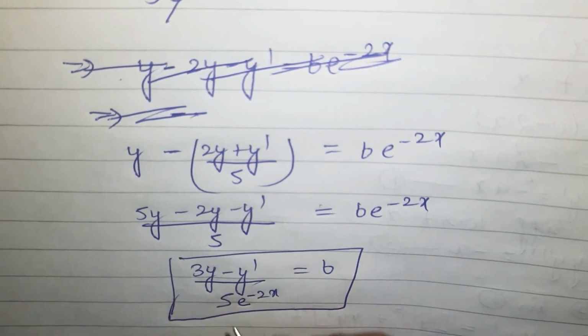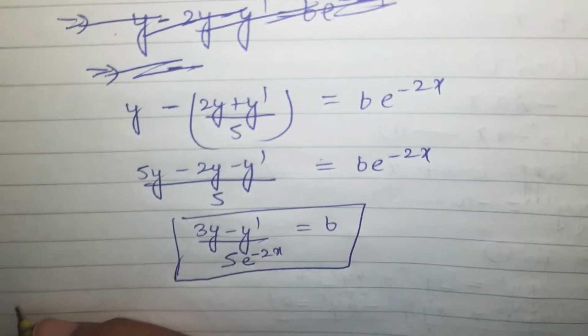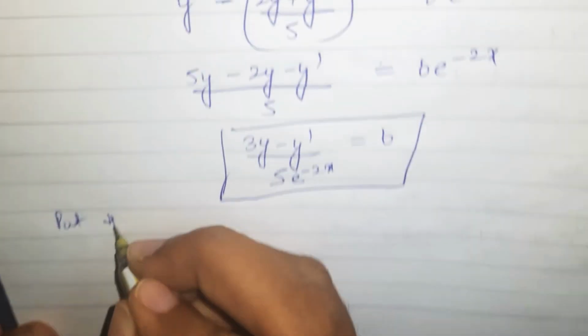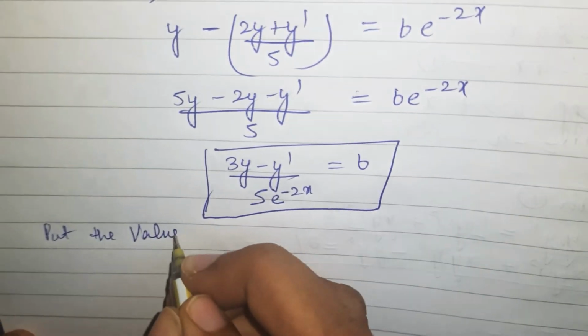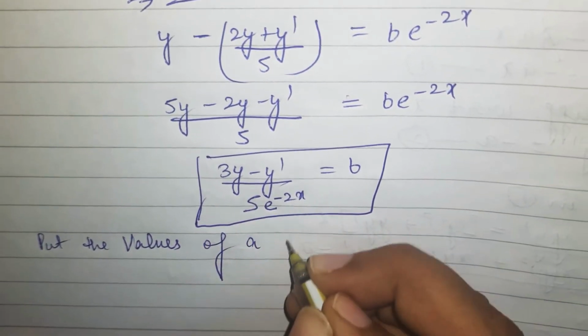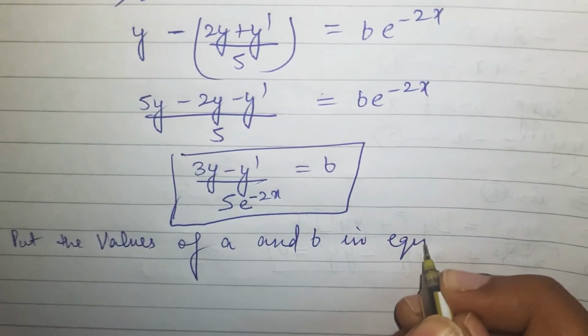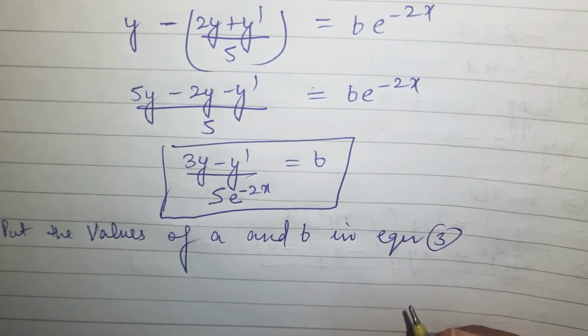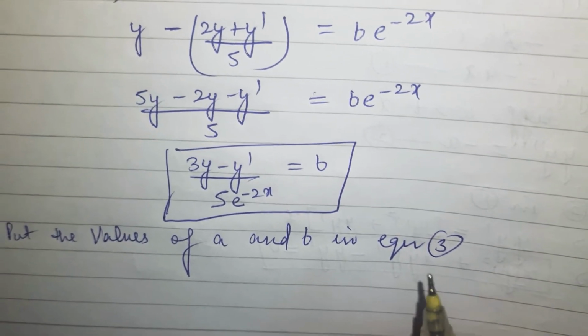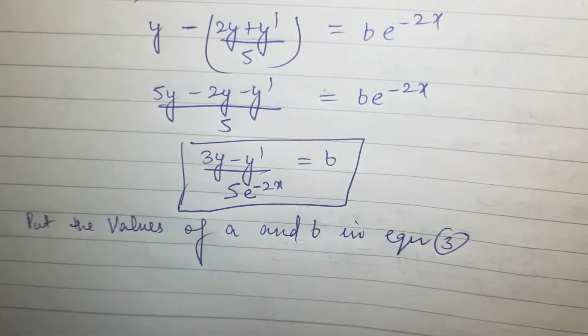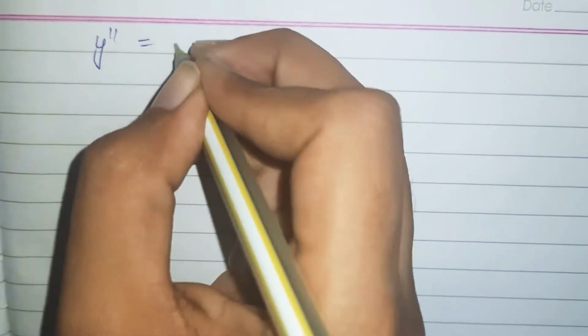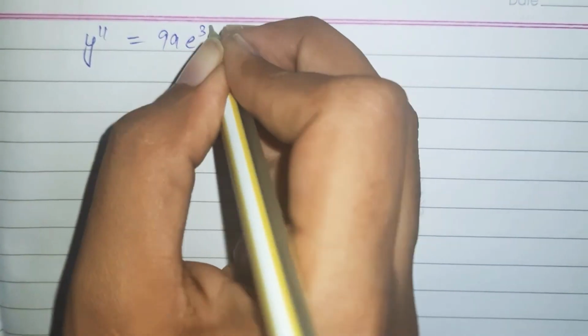So now what you need to do, I have used equation 1 and 2. So put the values of a and b. I have not used equation 3, so put it in equation 3. I have taken the differentiation twice. After that I have solved for a and b. Now put the values of a and b in equation 3. So equation 3 is this